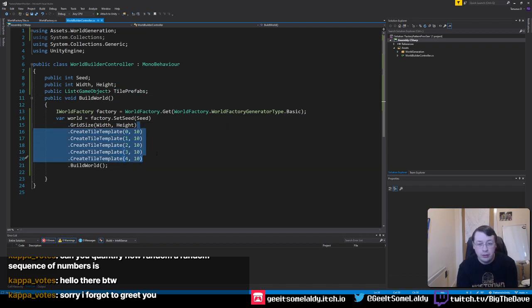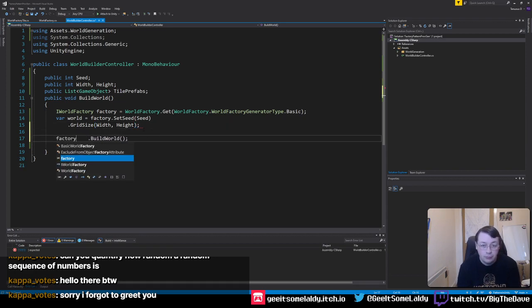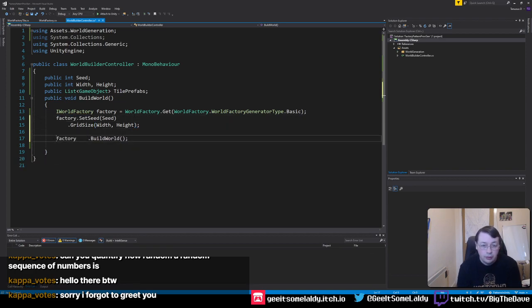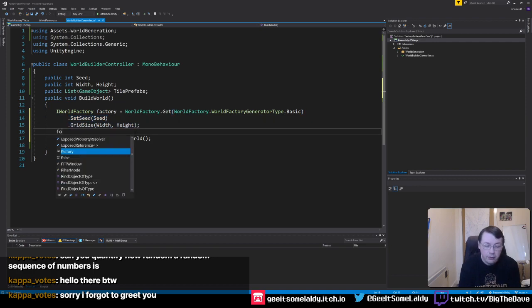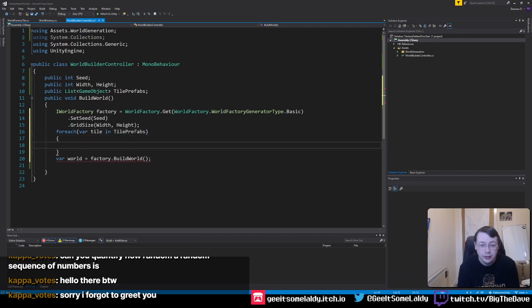So what we're going to do now is take that out and do it on 2 lines. So now we do factory.get, set seed, set grid size, and then for each var tile in tile prefabs,